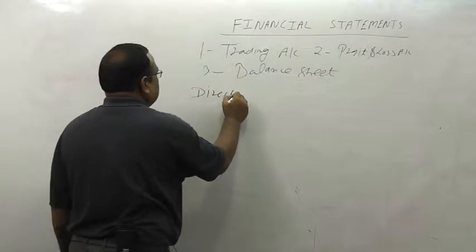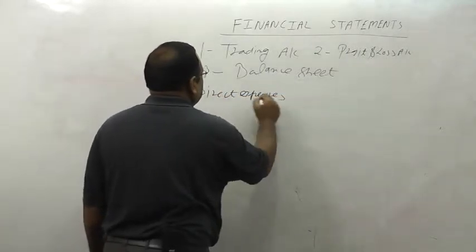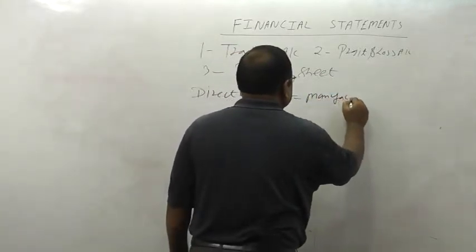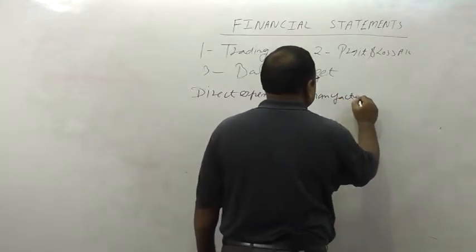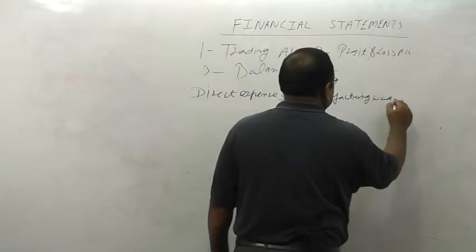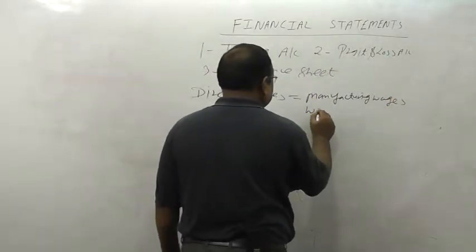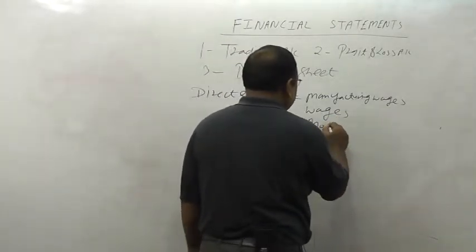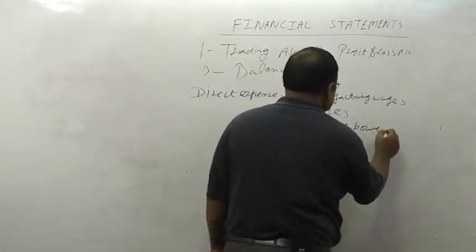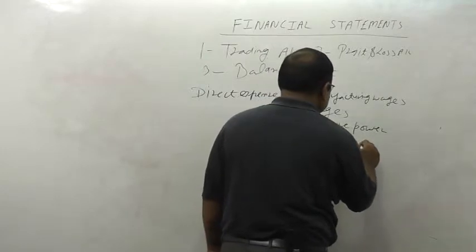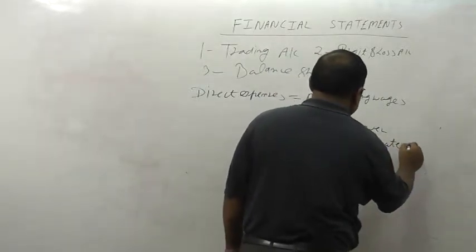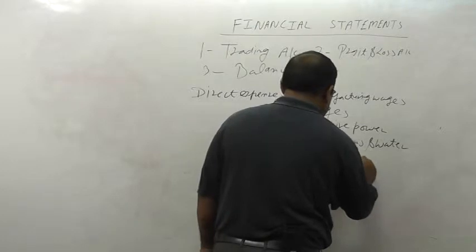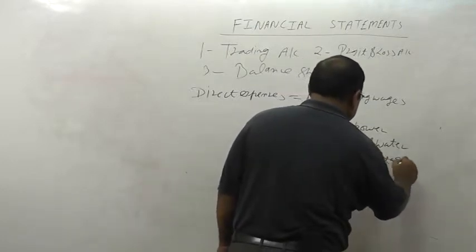Direct expenses: manufacturing expenses, wages, factory wages, motive power, power is used in the factory, coal, gas, water, carriage, cartage, freight,